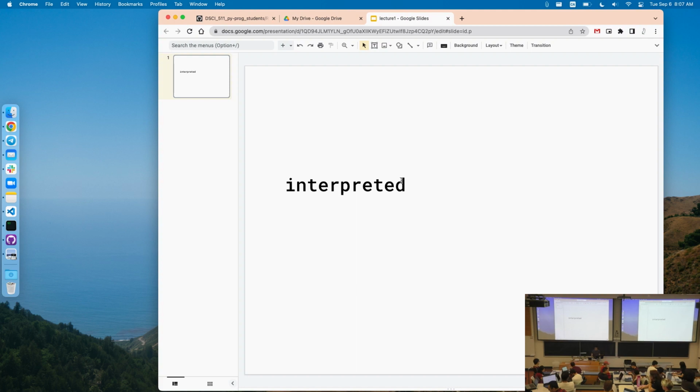So despite being slow, it is very flexible. So why is it the case? Why don't we just learn a language that is fast from the start? There are two reasons for this. First is